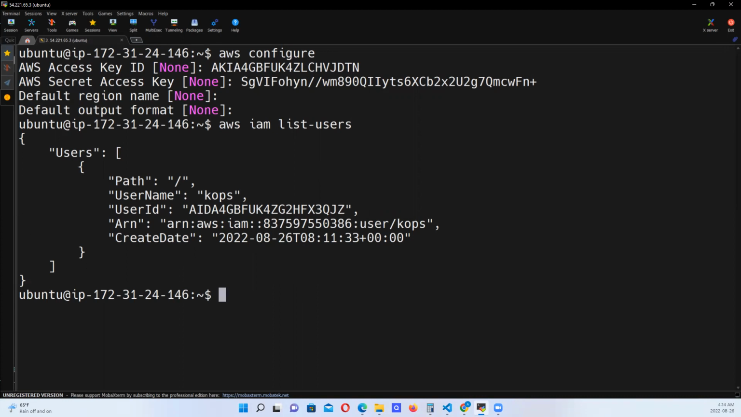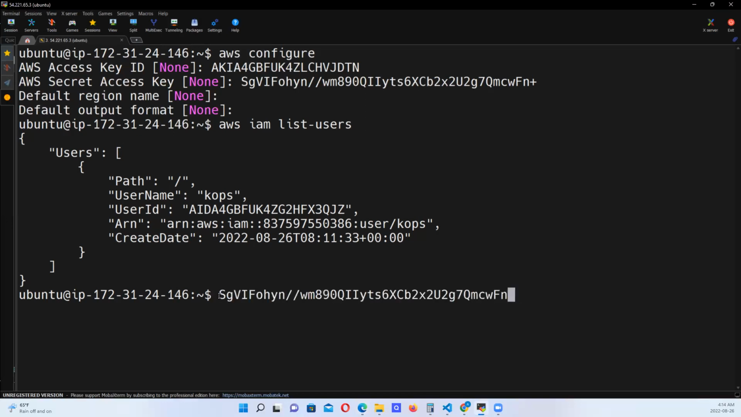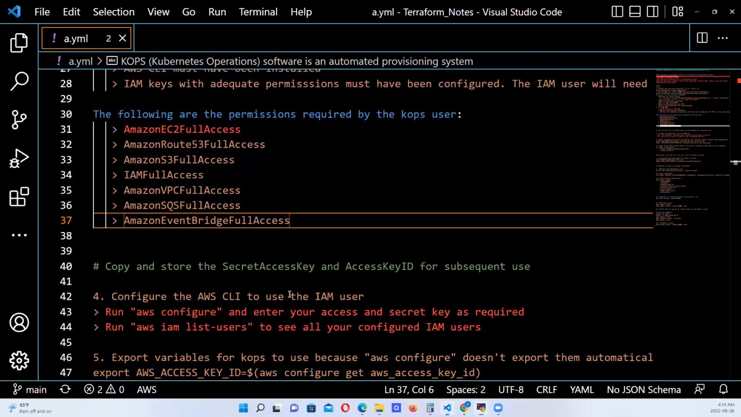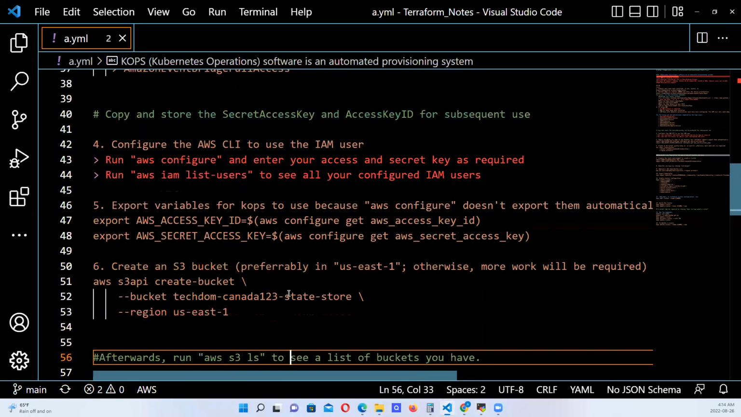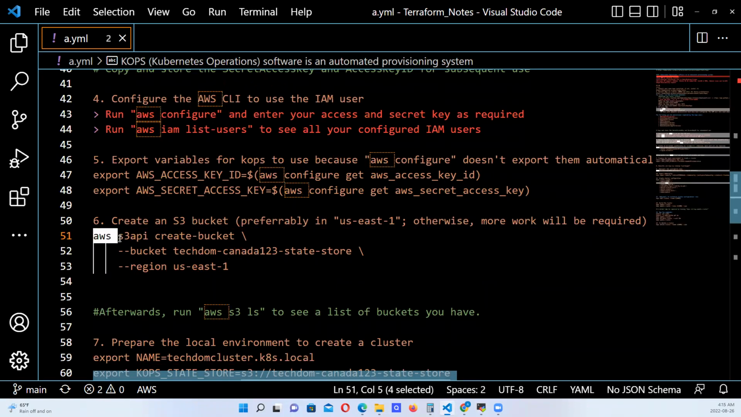The next thing I want to do is to see how I can create my S3 bucket. So to create my S3 bucket, let me clear this. Let me copy, I have something here. To create an S3 bucket, I'll specify aws s3